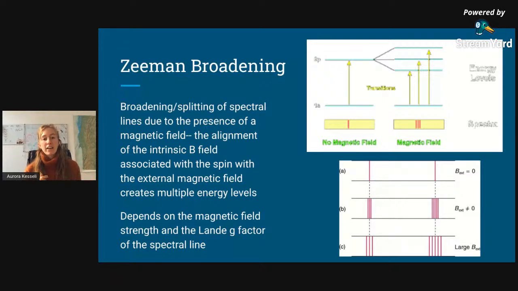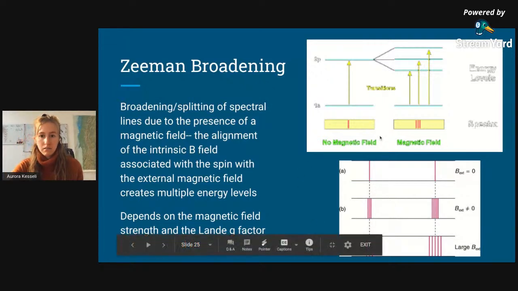And the Zeeman effect depends both on the strength of the magnetic field and also this Landé g factor. And so this Landé g factor is a quantum mechanical factor that basically just says how strong a transition from a certain element or a molecule will react to a magnetic field. So this is actually a bit hard to read,